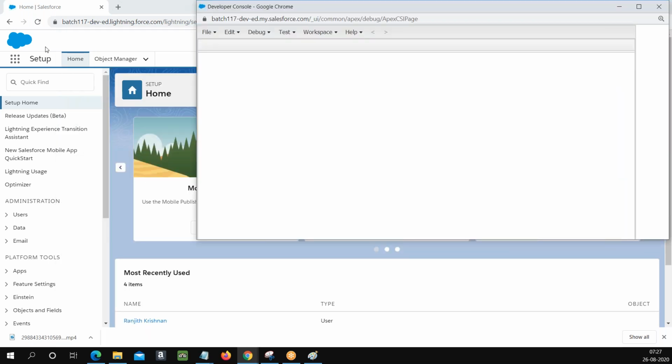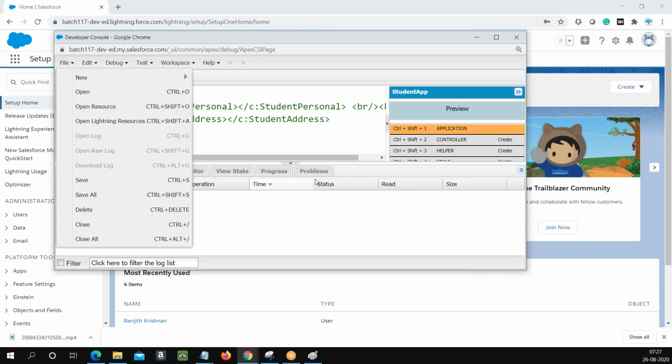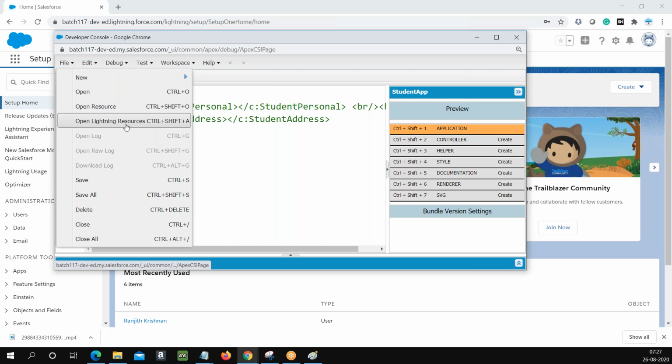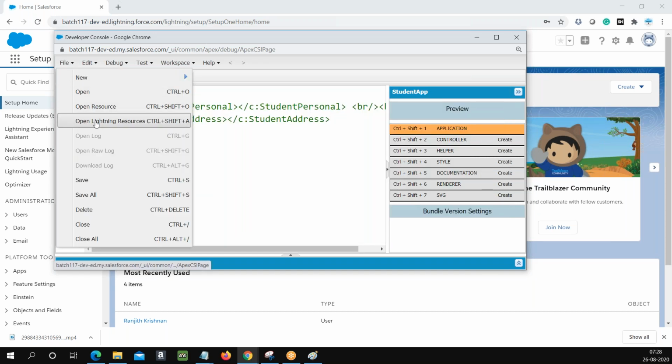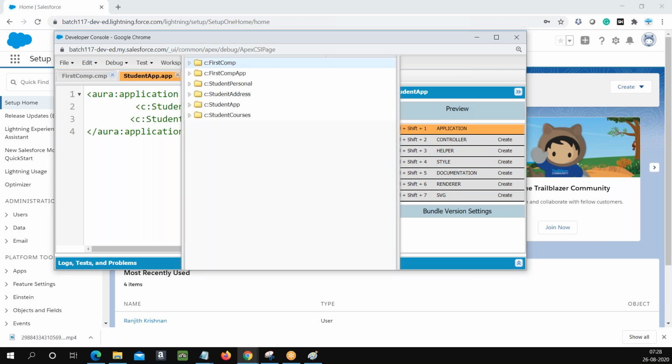You'll go to your file and, okay, there are 7 elements, right? So you go to your file and open Lightning resources. Got me? So you have to go to open Lightning resources, not here. This is for your Apex trigger classes and all, not for Lightning. For Lightning, you have to go to open Lightning resources or Control Shift A. Control Shift A will open the panel for Lightning components, and here you can